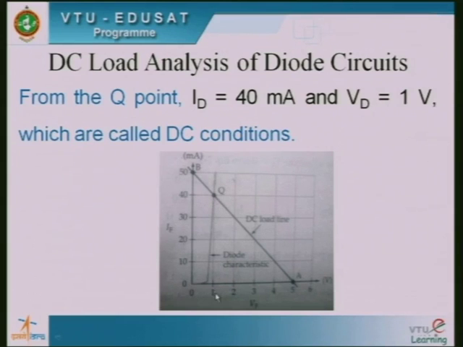Therefore, corresponding to the Q point, you can extend this Q point along the x-axis, and you will get VD equal to 1 volt. Similarly, if you extend this Q point on the y-axis, you will get ID equal to 40 milliampere. Therefore from the Q point you will get ID equal to 40 milliampere and VD equal to 1 volt, which are called